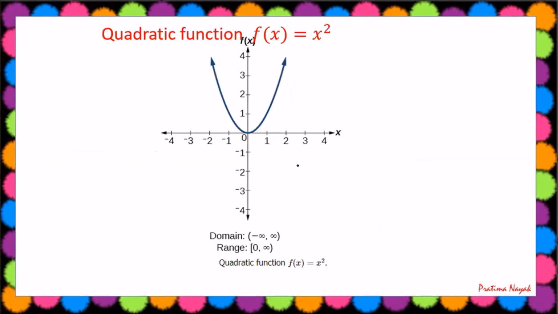Next is the quadratic function. Quadratic and cubic functions are also known as polynomial functions. So in the polynomial functions, I have taken the quadratic function. It is f(x) equal to x square. See the graph? That means at 1 it is 1, at 2 it is 4, at 3 it will be 9. Similarly, at minus 1 it will be plus 1, and minus 2 square is again plus 4. So what do we observe?